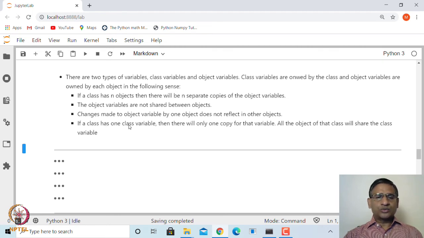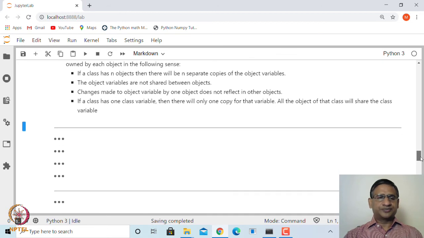If a class has one class variable, then there will be only one copy of the variable, and all objects of that class will share the class variable. That is what we saw. We have here one class variable called total, and that is common to all the objects.